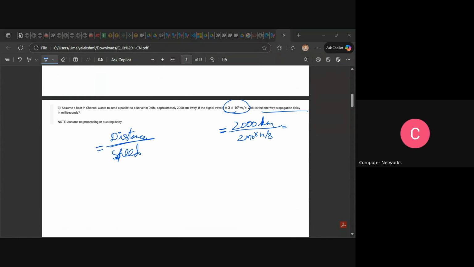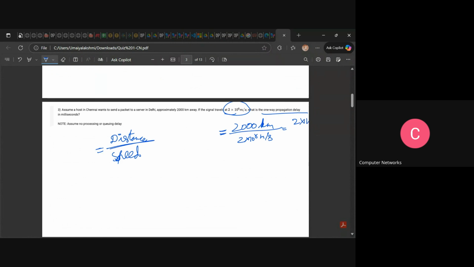So what will be the answer then? They have mentioned we have to give it in milliseconds. So I have to take the distance in meters first. On converting to meters, what will be the value? 2 into 10 to the power of 6. Yes, 2 into 10 to the power of 6 meters divided by